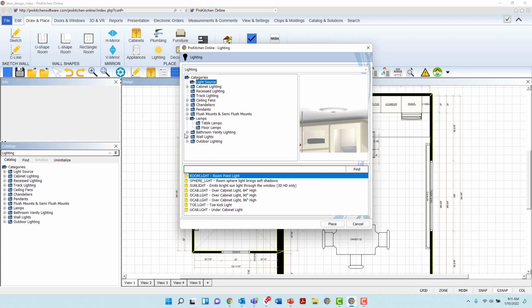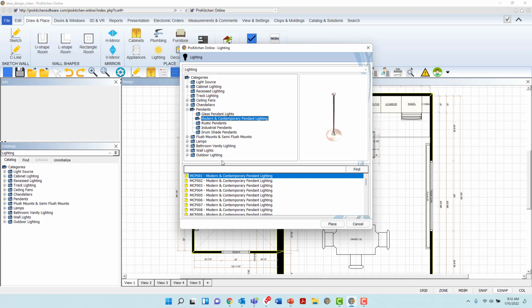To place an item from the dialog box, navigate the catalog tree to locate the desired type of fixture. Open folders until the item's SKUs appear in the bottom panel. To view a fixture before placing, left-click on the item's SKU. A 3D image will appear in the preview panel, in which you may be able to zoom in or out with the roller ball on the mouse, or rotate the item by right-clicking and holding the item, then dragging your mouse. Once you have found your desired fixture,